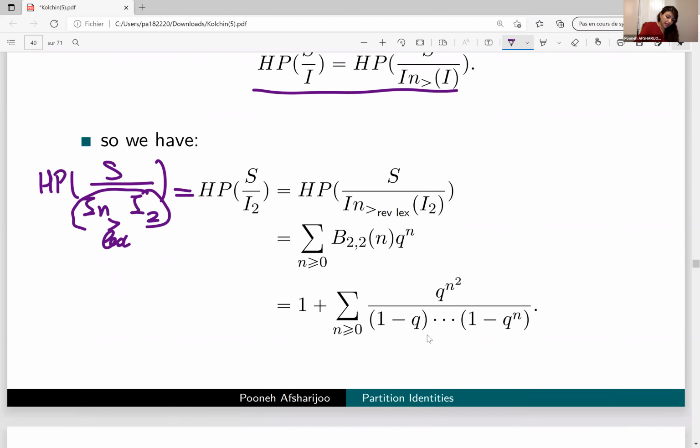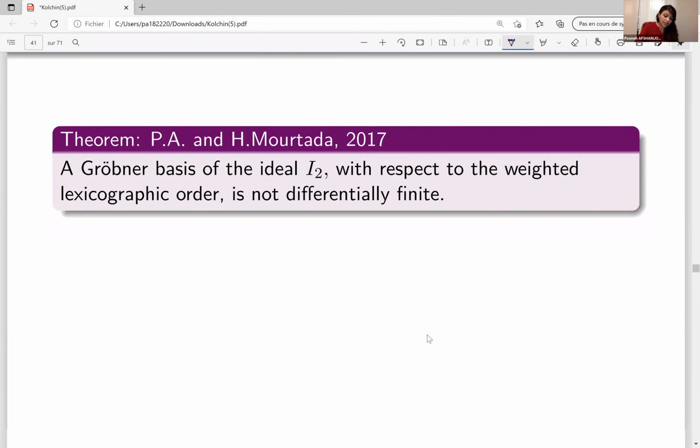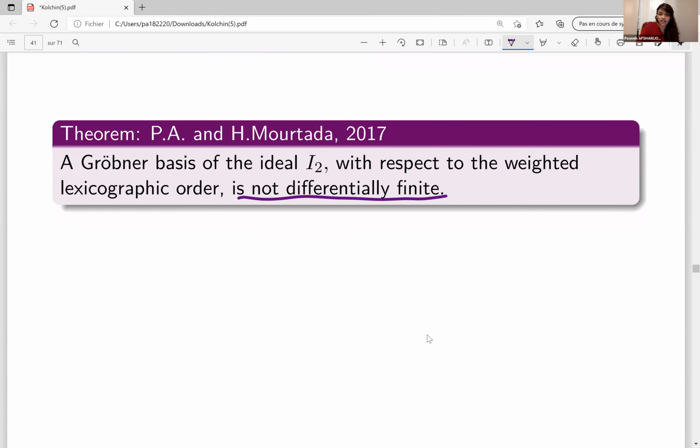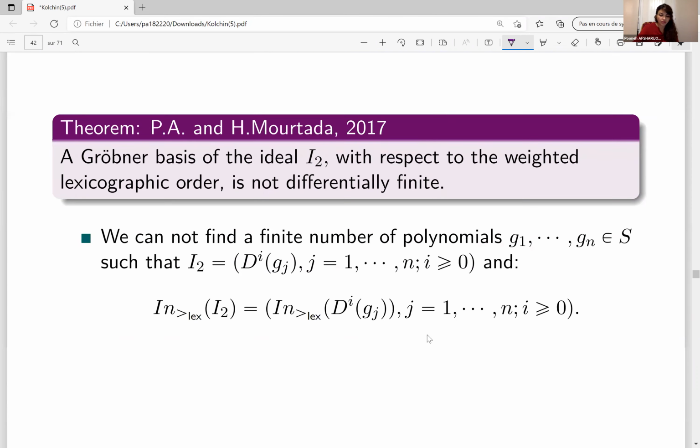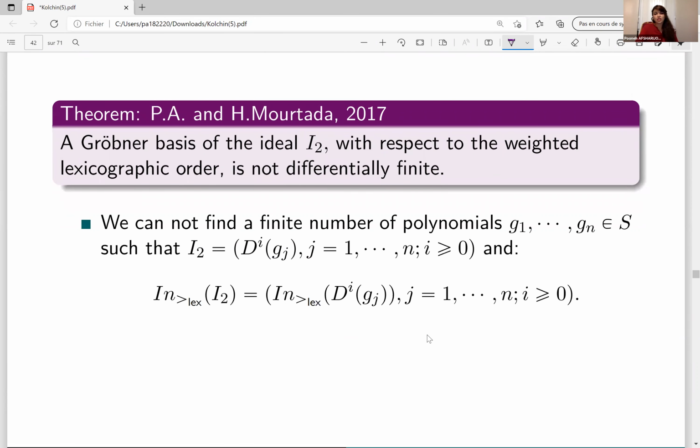But we proved that such a Gröbner basis is not differentially finite, which means that we can't find a finite number of polynomials of S such that I_2 is generated by these polynomials and their iterated derivatives, and that the initial ideal of I_2 is generated by the initial parts of these polynomials. And so we couldn't find this Gröbner basis completely,